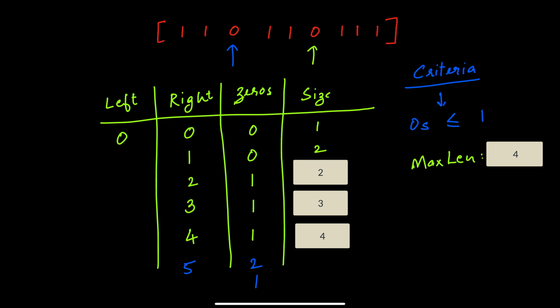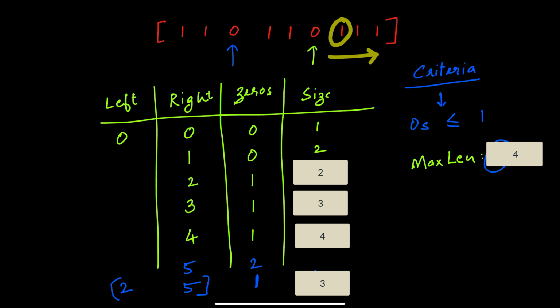criteria. After incrementing the left pointer twice, the left pointer will be 2, the right pointer is 5, the number of zeros will be down to 1. With these values, the size of the window is 3. As the window criteria is sufficed, we can go ahead and increment the right pointer to expand the size. As the remaining elements in the subarray are all 1, we can include it into the subarray, giving us the total size of 5. With this solution, our time complexity is improved to O of n, as we are iterating